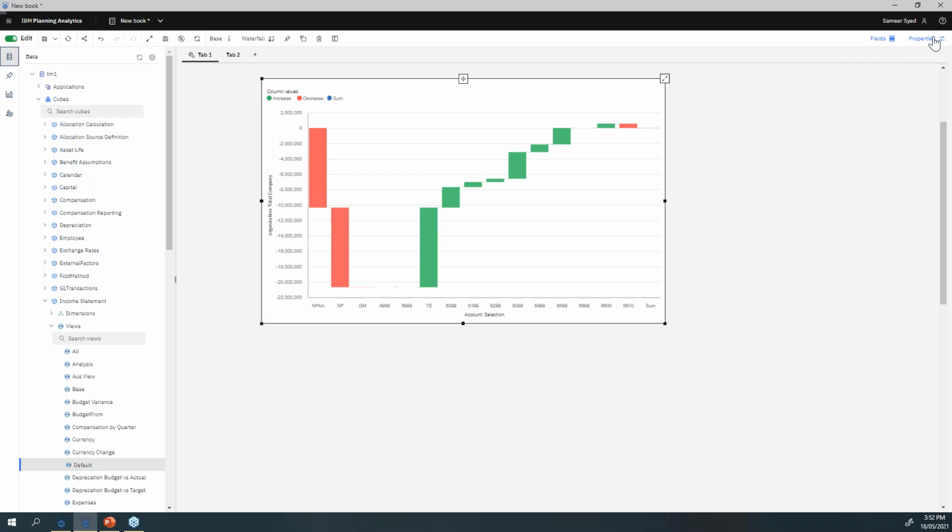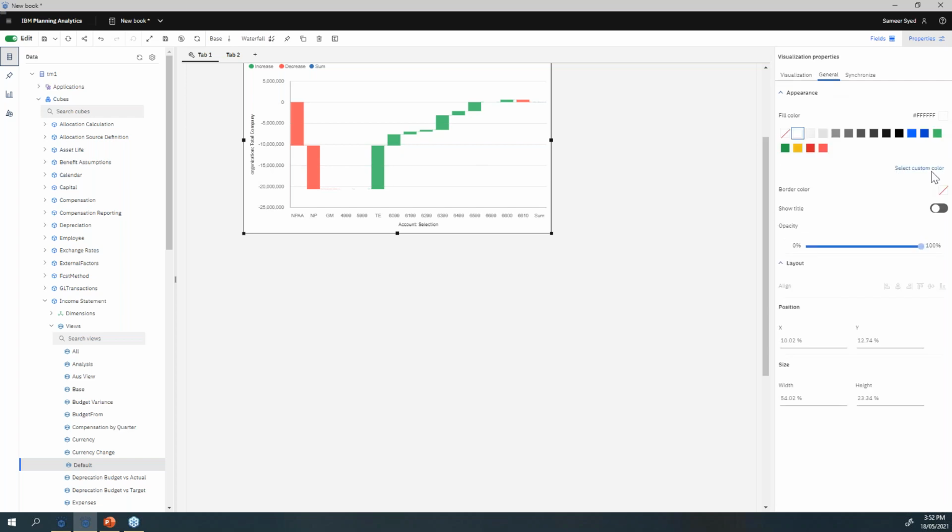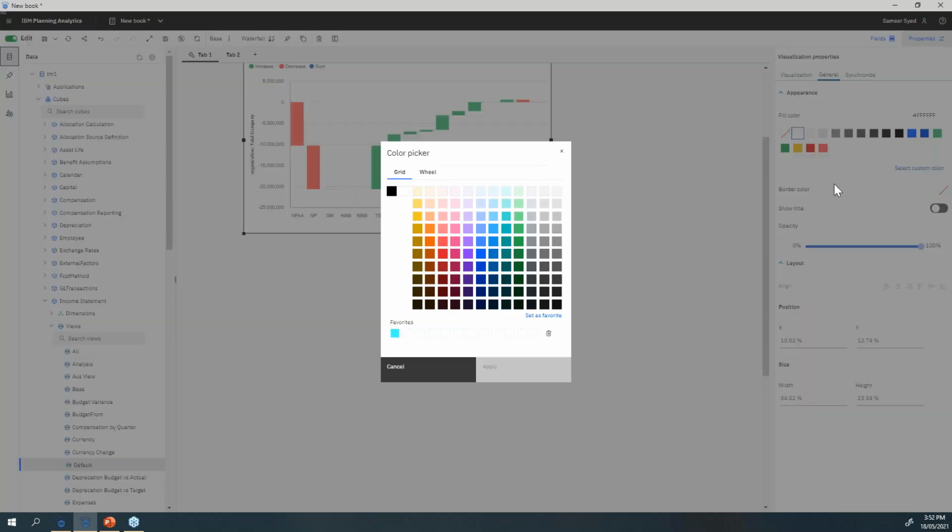And of course, all the colors which I spoke about, where you can apply your own colors, can be done for this chart as well. So if I go to the visualizations, you have the fill color, you have the border color. So you have, again, plenty of colors to apply for this chart. So you don't have to go with the standard colors as we have done with the Planning Analytics Workspace with 57 and less. Now with the latest version, you can go and use your company colors, apply that, and then you can start using that as well.